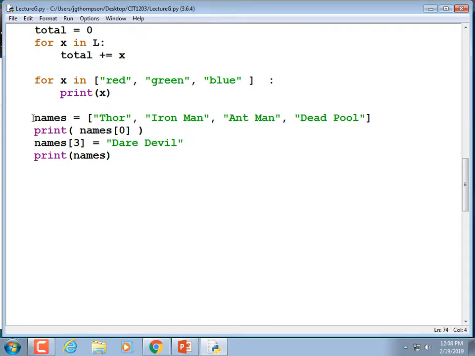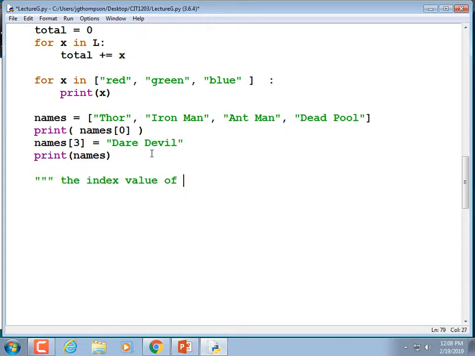So this is treating the list as though it were an array. This is how you access elements of an array. This is called the index value. That 0 is an index value. That 3 is an index value. The index value, and this is so important that I'm going to put it in as a comment,